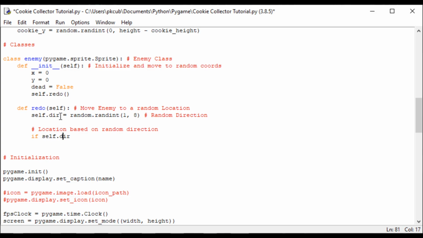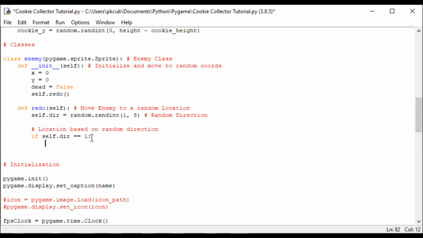So self.direction right here is going to be self.direction. It's that simple. So if self.direction equals 1. By the way, equals is the same as if it is equal to. So if self.direction is equal to 1, then we run this code, which would be